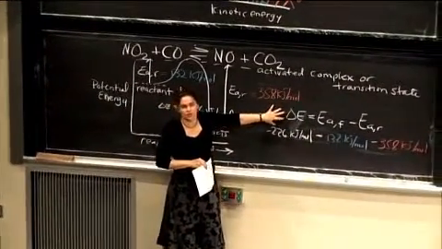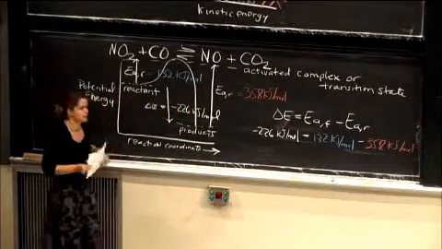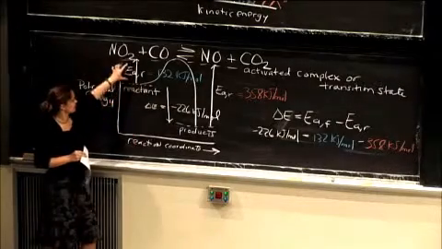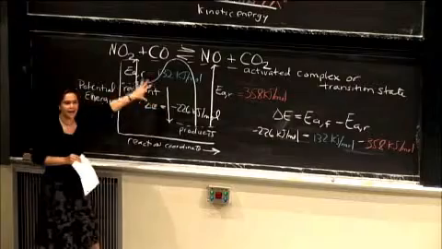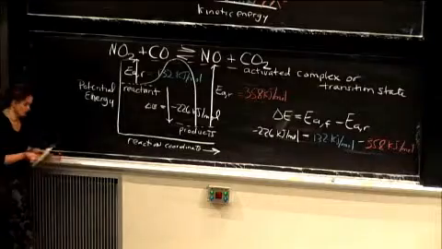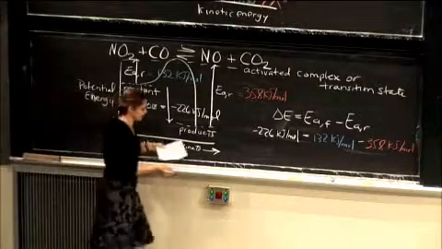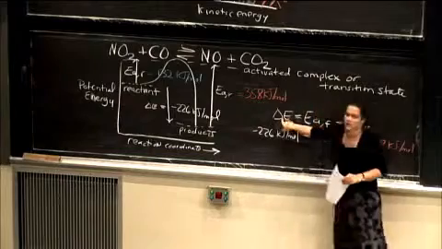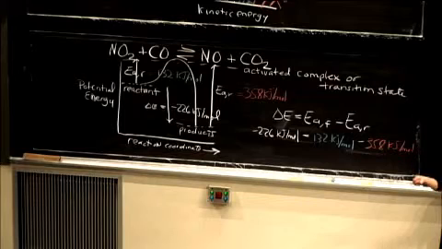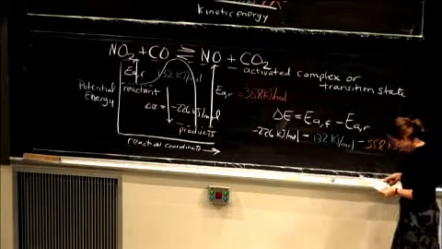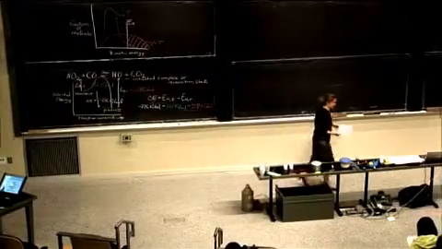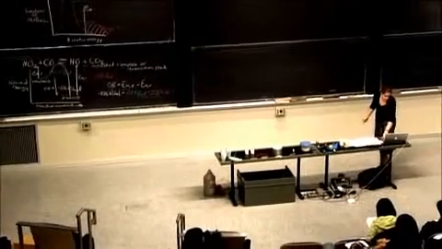And this is one of the equations that you have to memorize for the final, because it's a conceptual thing that you need to understand what this diagram says: that this plus that is equal to that, these all add up to each other. And if you have a negative value here, that means it's an exothermic reaction. So this delta E is a change in internal energy of the system, and you can determine that value experimentally, say with a calorimetry experiment. Okay, so let's keep this in mind and go on